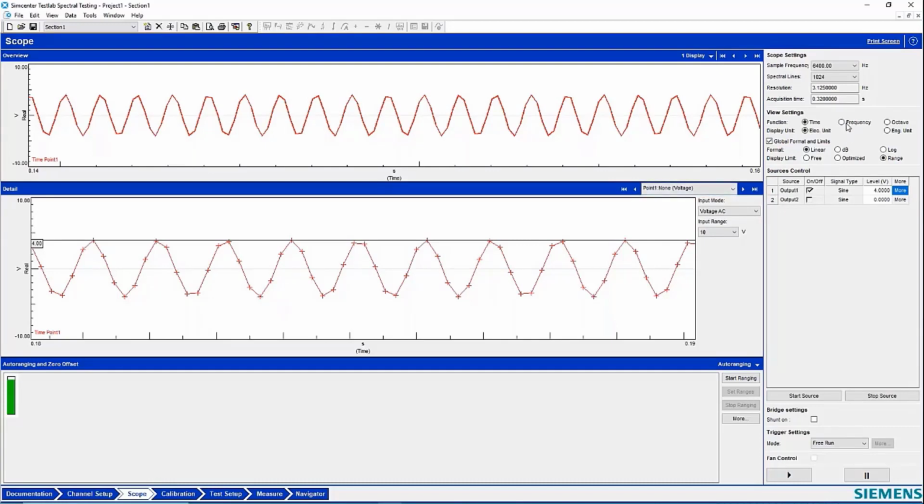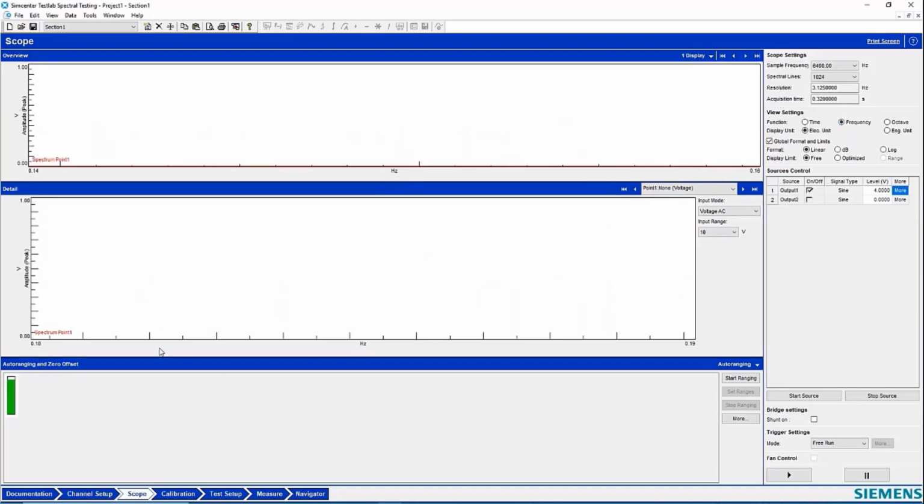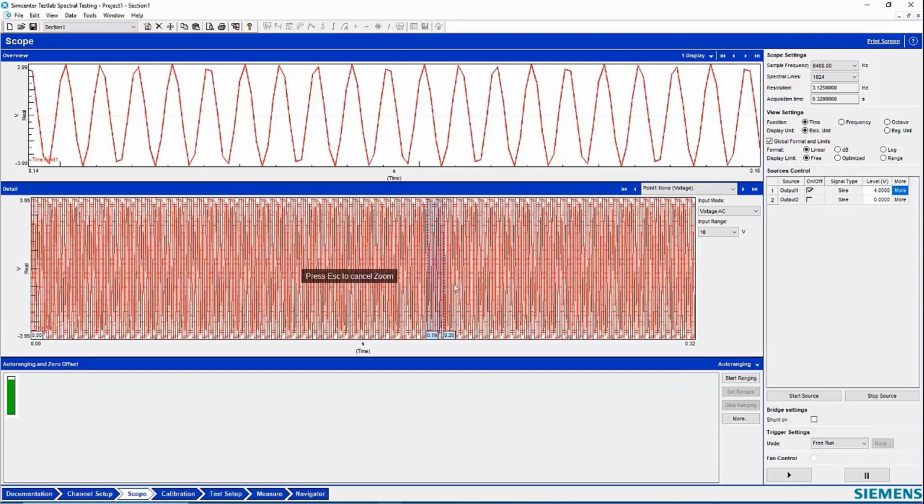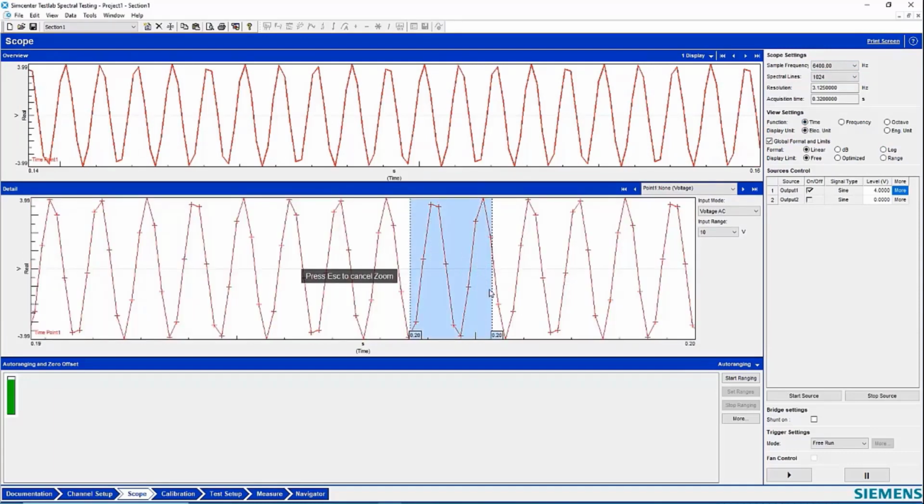Now over here, I think there's a button frequency. I can look at this versus frequency. If I do that, notice it's 4 volts. So what's interesting about this Fourier transform a little bit is even though I'm off a bit in the time domain, I'm still right on in the frequency domain, at least so far.